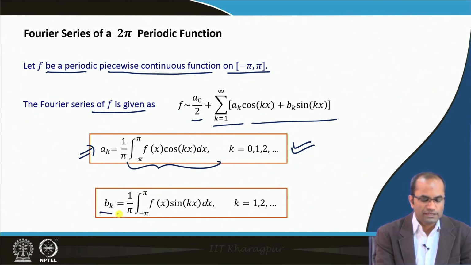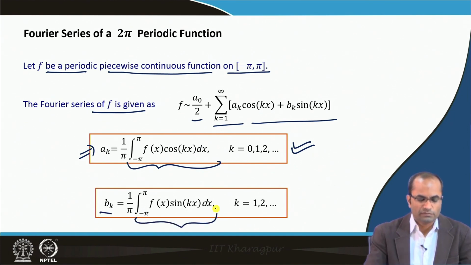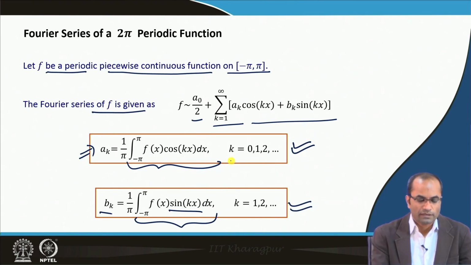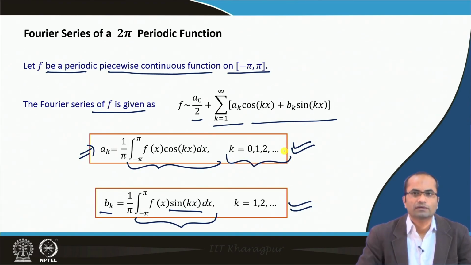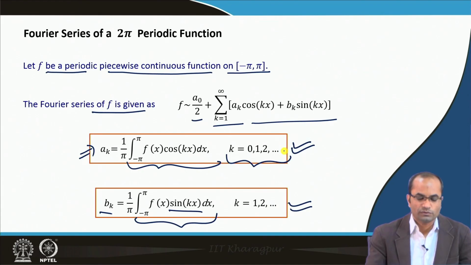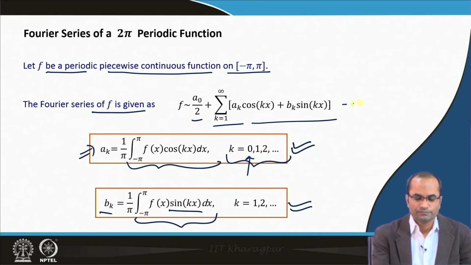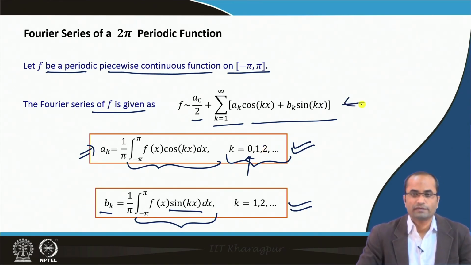the coefficients b_k we can compute with a similar integral having the sine term here, sin kx dx, and this k goes from 1 to 2, 3 and so on. Here the formula for a_k was valid for a0 as well. Therefore, this k starts from 0 and then continues to 1 and 2. Its extension for 2L periodic functions will take a similar structure, and we have already discussed the trigonometric system